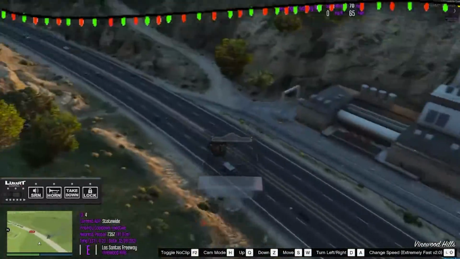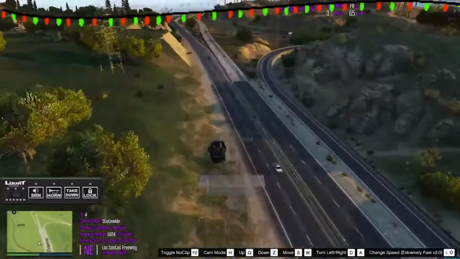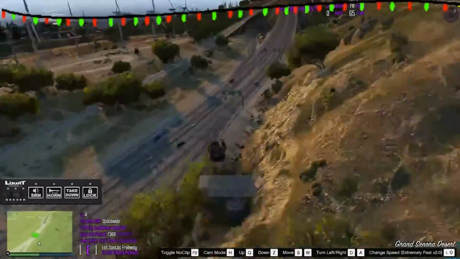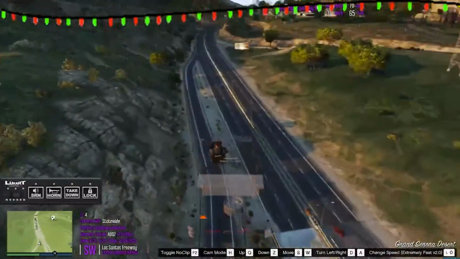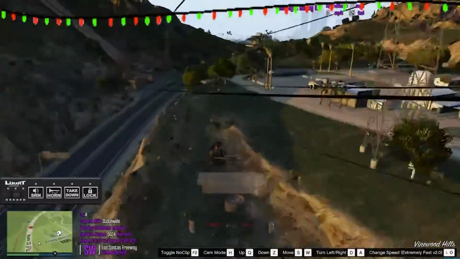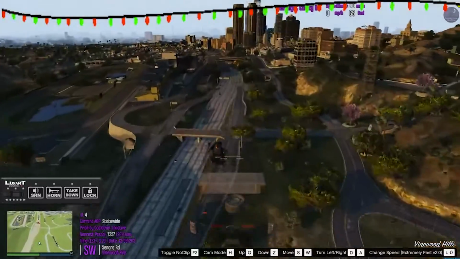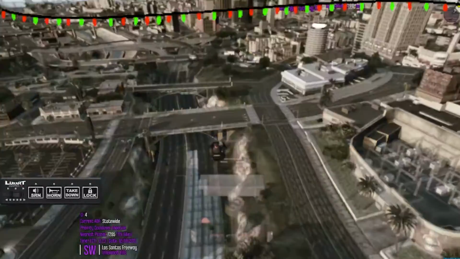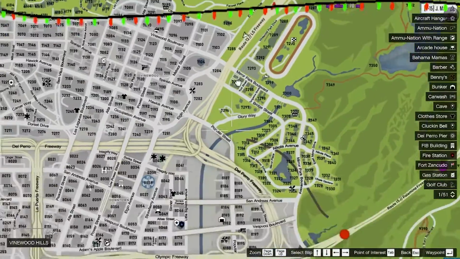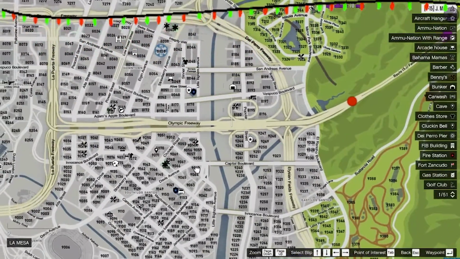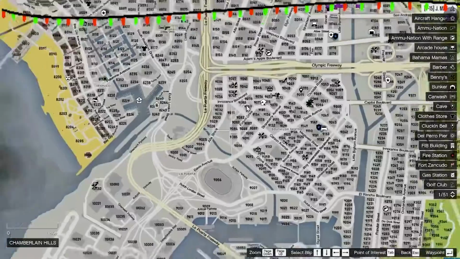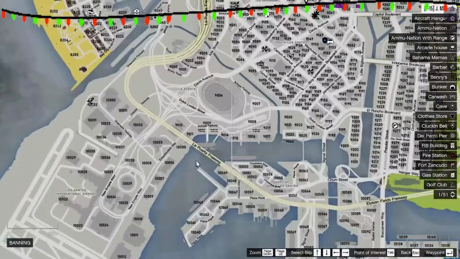We could do the 13 there. We could honestly do that. Or we could do the 15. I don't think I did the... No, I did the 15 with the 20 Explorer. That's right. Actually, let's do one of the highways in the city. We could do Elysian Fields. We could do Del Perro. We could do Olympic. We could do La Porta. Let's do La Porta over the bridge over there.